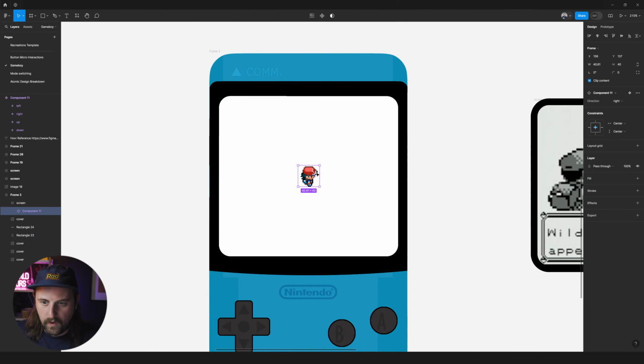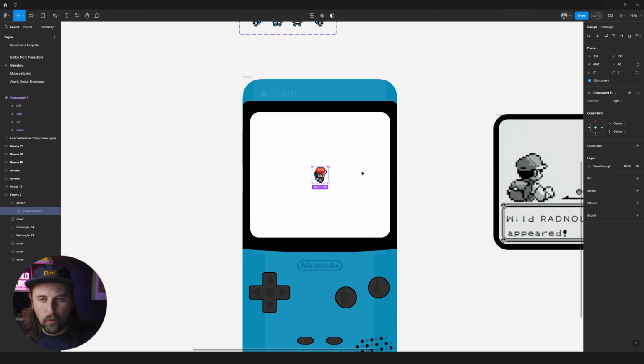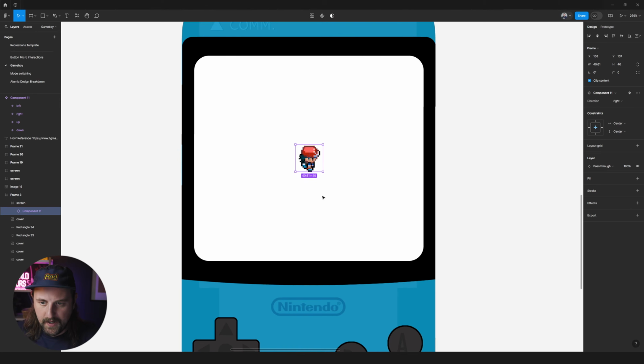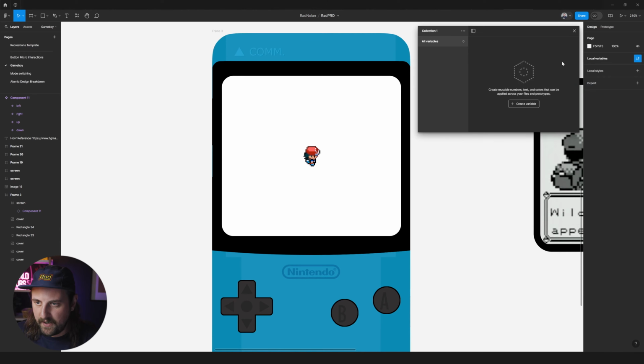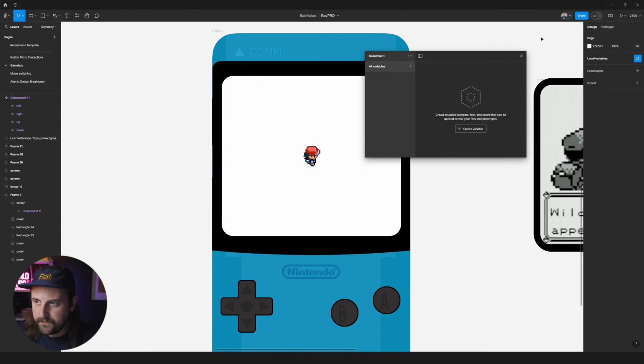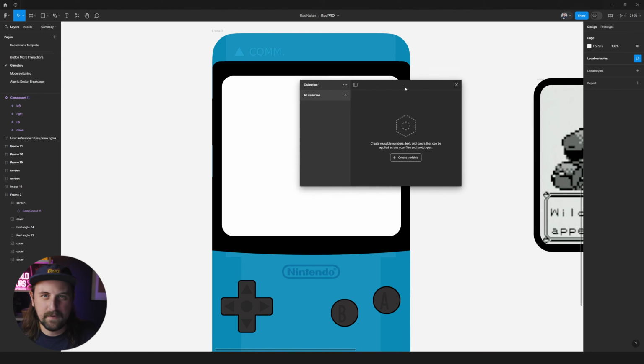Okay, so what's our first step? Well, we want to point Ash in different directions. So let's go ahead and set up some variables to be able to accommodate that. I deselect everything and I press local variables. Just a heads up, if you are on the free plan on Figma, you will not be able to access this. This is a paid feature,